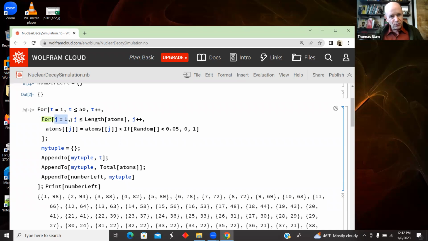So I'm starting at 1, going up to the length of the atoms list, which was 100, but I wanted to make it generic, and I'm incrementing by 1. And I'm taking the jth element of my atoms list, which when I start, they're all 1s. They're either going to be 1s or 0s as we go. And then I'm going to multiply that. I have an If